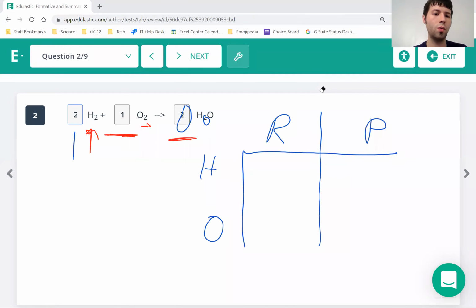So 2H2, so 2 times 2, that's 4. 2H2O, so 2 times 2 again is 4. I have 4 hydrogens on each side. 1 O2, so 1 times 2 is 2. 2H2O, I have 1 O, so 2 times 1 is 2. So yes, everything's balanced. Now I kind of took my time doing that because I'm trying to get you guys